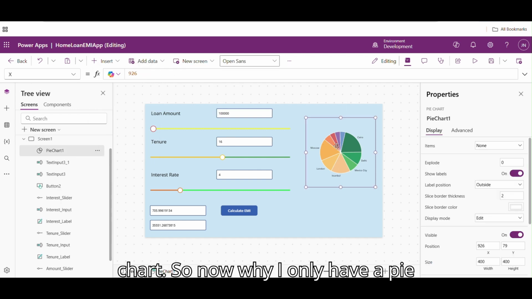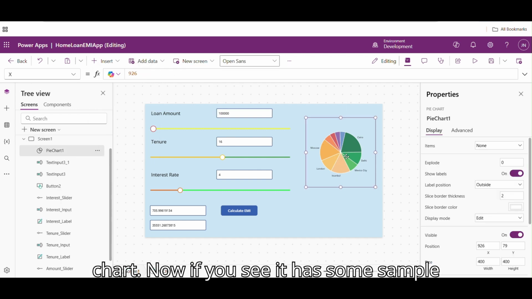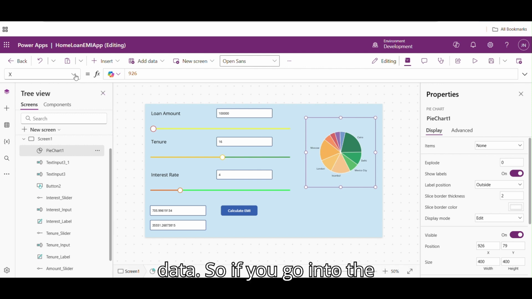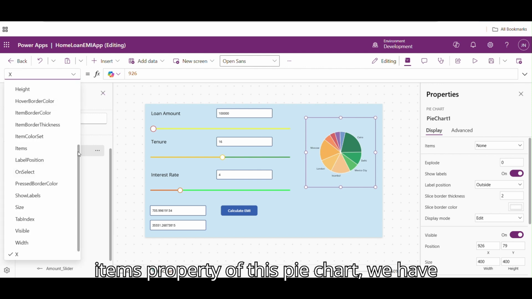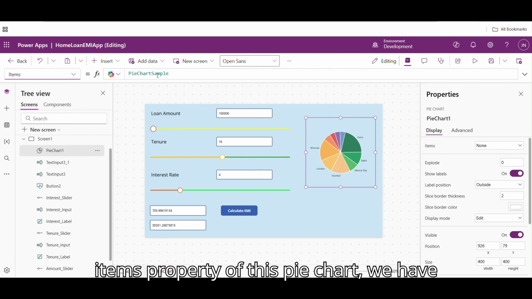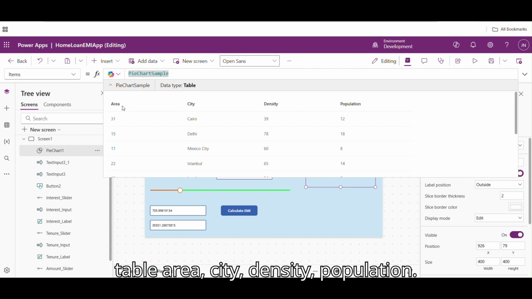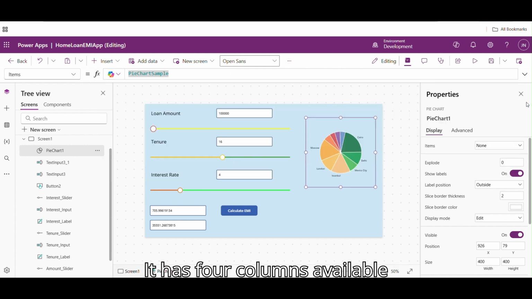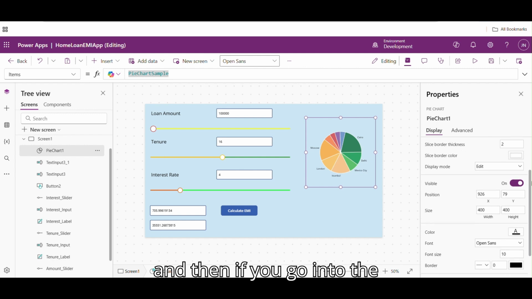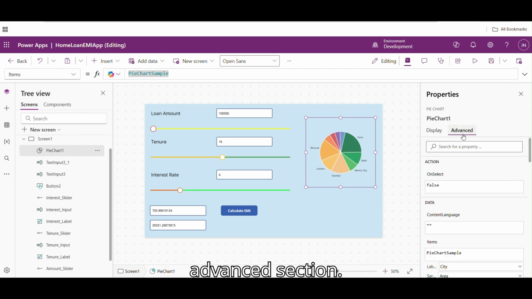So now I only have a pie chart. Now if you see, it has some sample data, right? So if you go into the items property of this pie chart, we have sample data, and this is actually a table, right? Area, city, density, population. It has 4 columns available, right? And then if you go into the advanced section,